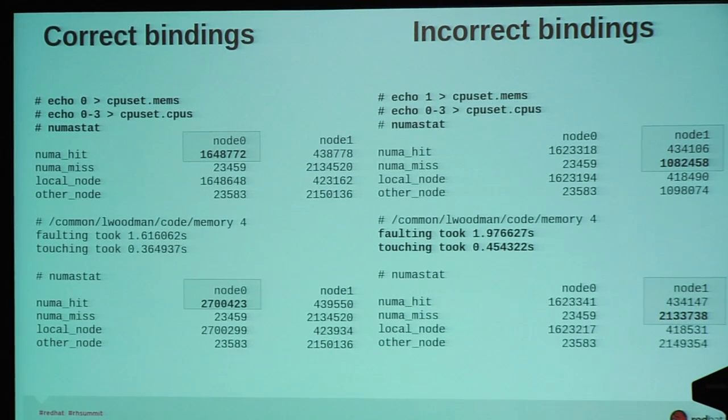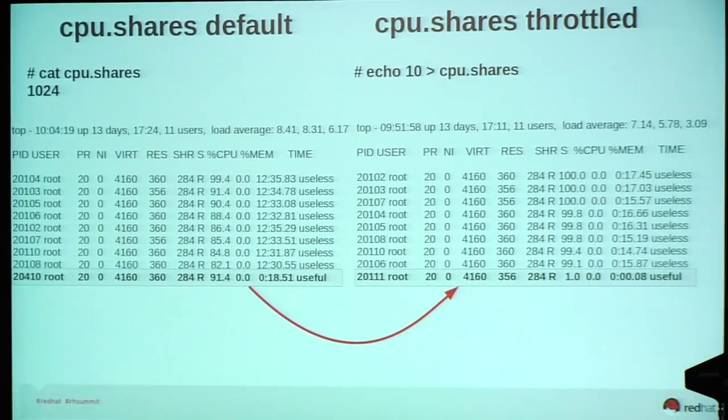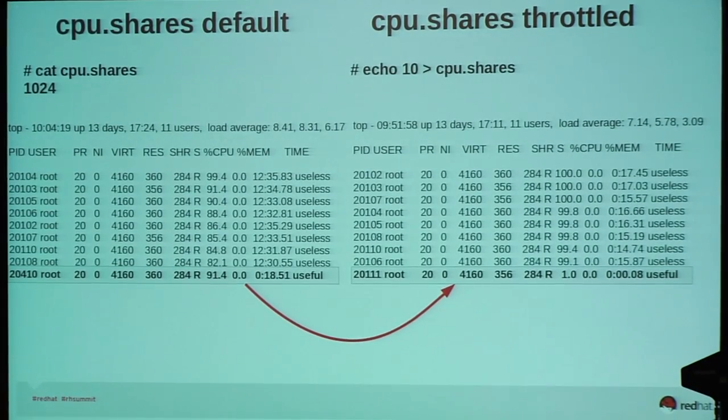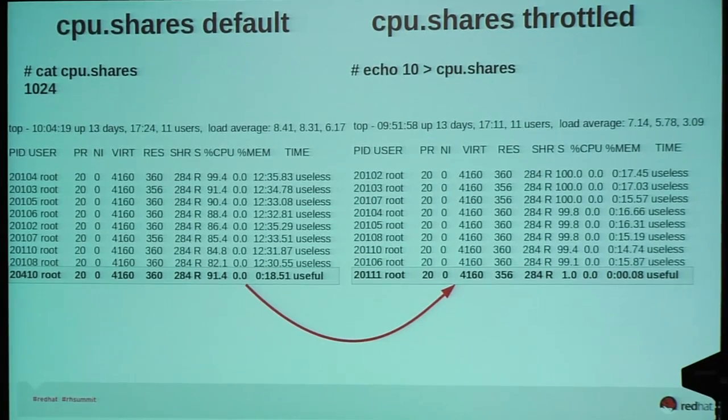It's important to know how all this stuff works, because you could easily go in or have scripts that go in and set up these control groups that do the wrong thing. So you have to make sure that they're doing the right thing. And then finally here, in addition to memory and CPUs, there's a lot more functionality and flexibility that exists, especially in RHEL 7. This is an example of what you can do in one of these Cgroups, is you can set CPUs in terms of shares, and you can say, I want this Cgroup to get a certain number of shares. The default is 1024. So if you run